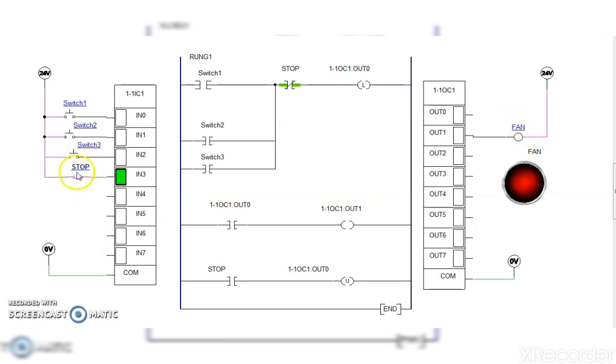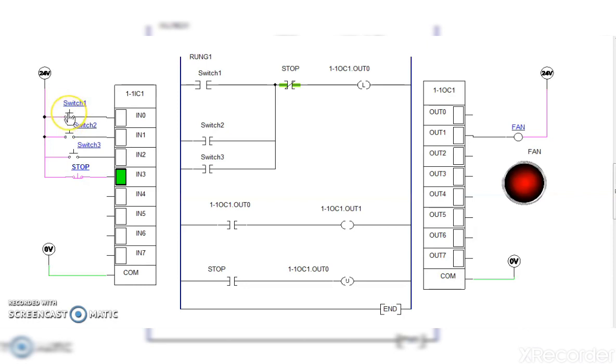Now when the stop switch is pressed, it will get changed to the closed position. Hence the unlatch coil will get energized, means it will unlatch this output, and the final output, that is the fan, will get stopped.